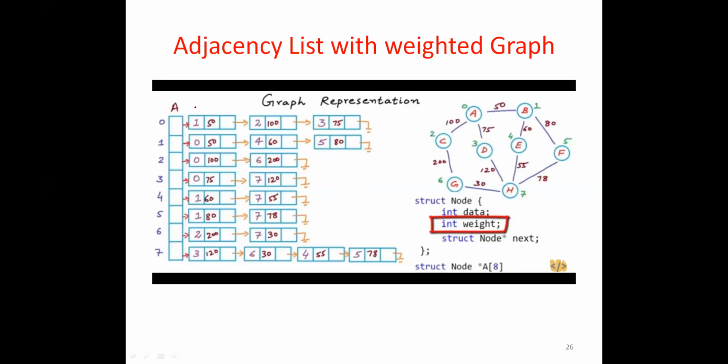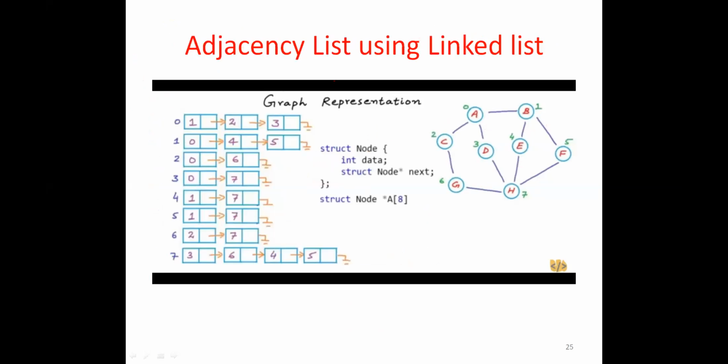For example, this is the weighted graph. In our case, we didn't take weight. So this example shows 7 vertices in the graph, but we have taken only 3 vertices. So we are going to do it like this only. This is the pointer that we said. It is the adjacency pointer. 0 to 7 or 0 to 10. We are going to take only 3, 1. So like this only we are going to store.